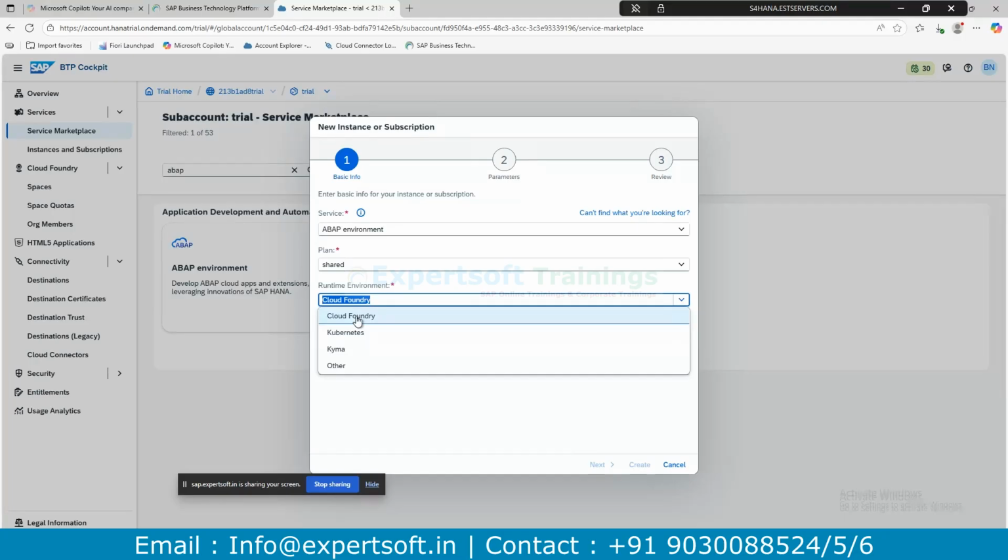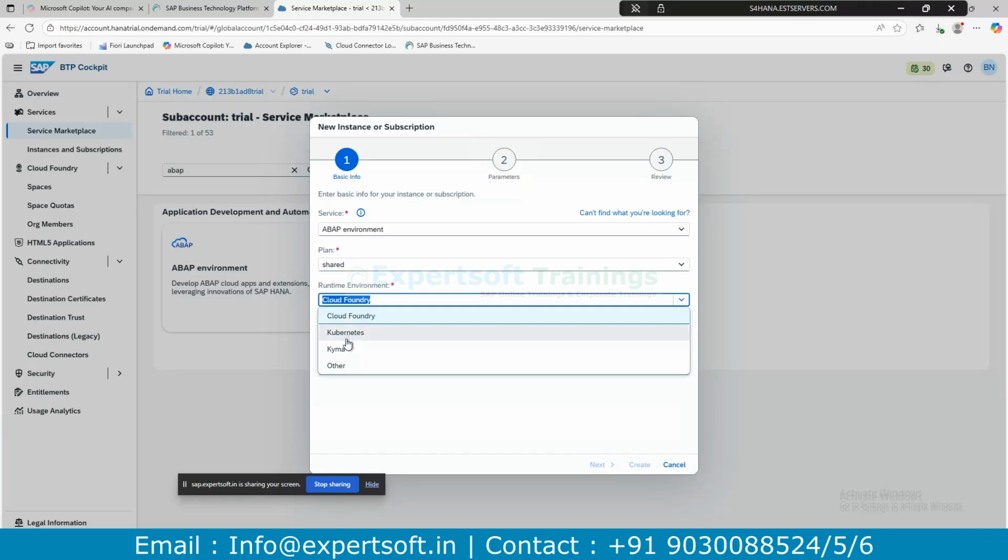Cloud Foundry is like a bucket where all the applications will be deployed. The deployment will be done in Cloud Foundry only, and Cloud Foundry will take care of the scalability and the runtime environment for all the ABAP applications and the CAP applications, whichever applications you develop in the SAP BTP. They will run in Cloud Foundry majorly.